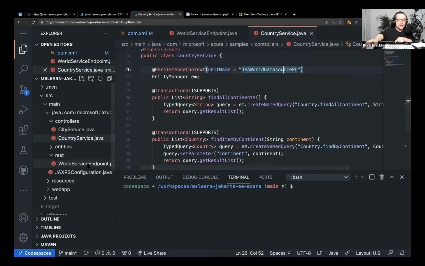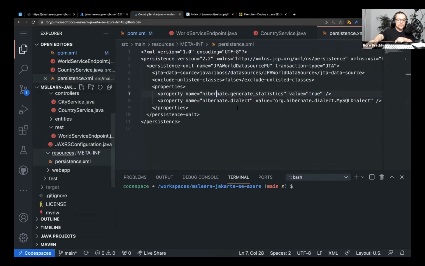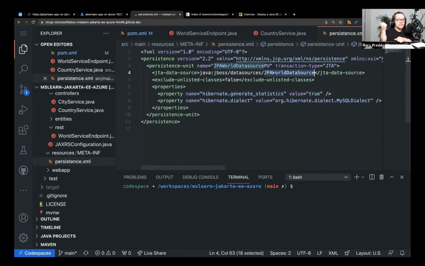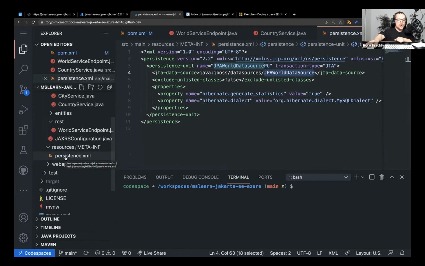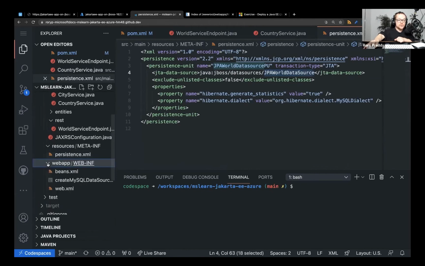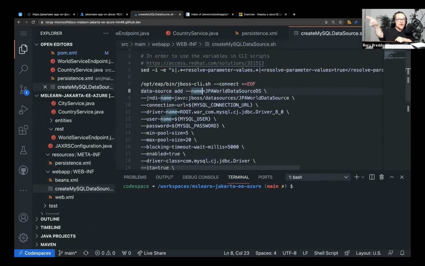So under my resources, I've got a little JPA data source. I point it to a MySQL database, but then I have a script that I set up in the server. Each server that will run, that script will go in and set itself up. Let's go into web app, and you can see this is a script that we give to the JBoss instance to run itself, and it will then set up the JPA world data source. So every time a server loads, scales up or scales down, it's going to know how to reconnect